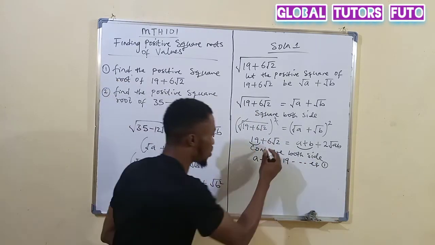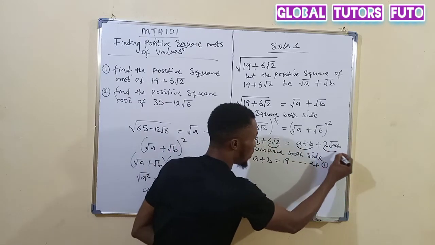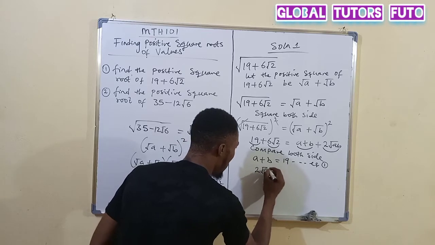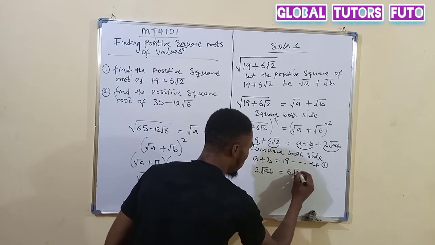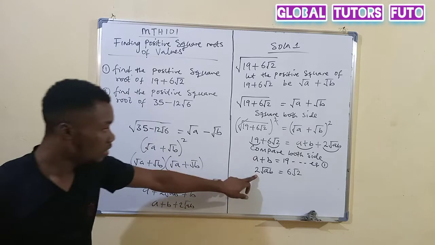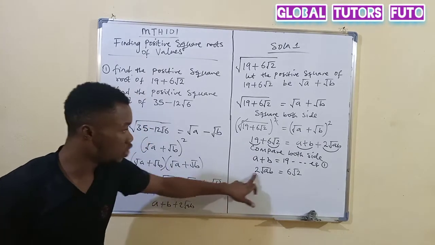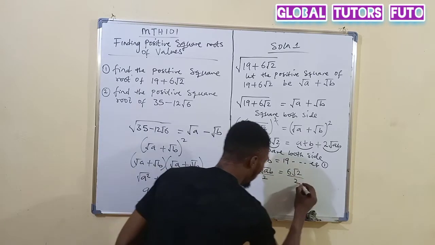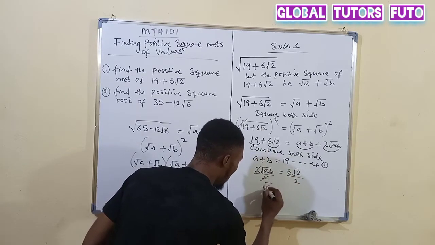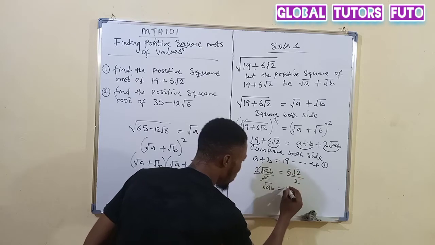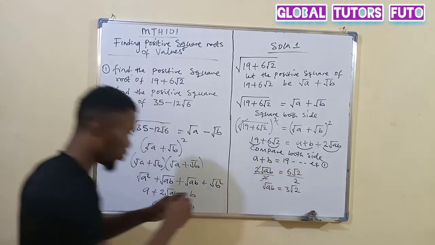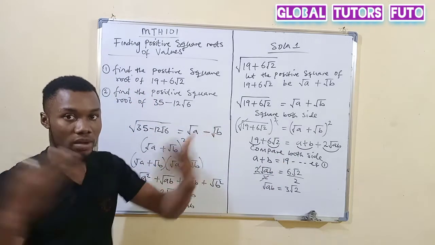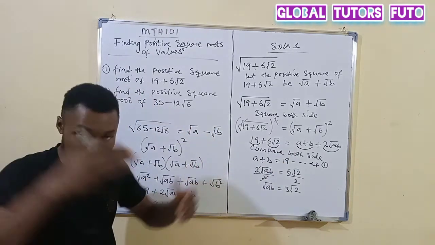Now this one that has sod will be equal to this one that has sod. So 2 sod AB will be equal to what? 6 sod 2. So can we simplify? This is 2 here and this is 6. Can 2 go in 6? Yes. So if I divide both sides by 2, 2 goes with 2, I will have that sod AB will be equal to, 2 goes in 6 will give me 3 sod 2. So remember that I am comparing both sides. So let me redo what I did.